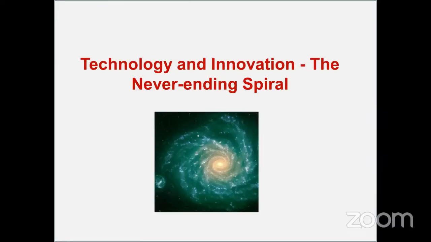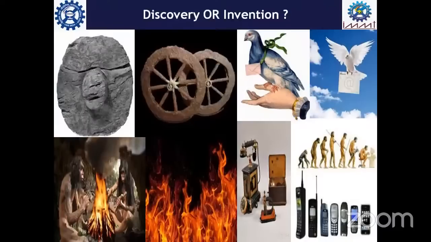But at the same time, any era or any period of time in this process of civilization or human progress, each of those stages could experience the advanced stages of technology and innovation. 100 years back, whatever technology was there, that was the advanced one. Today, we have much more advanced version. After another 100 or 1,000 years, those generations might be experiencing even more advanced versions. So therefore, this is like a never-ending spiral. It will be always there as long as human life exists on this planet.